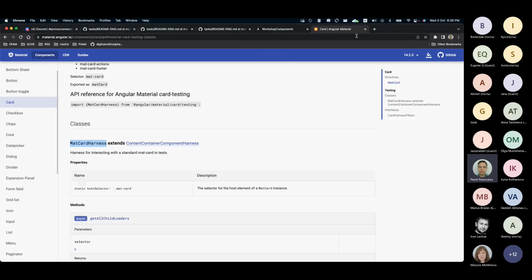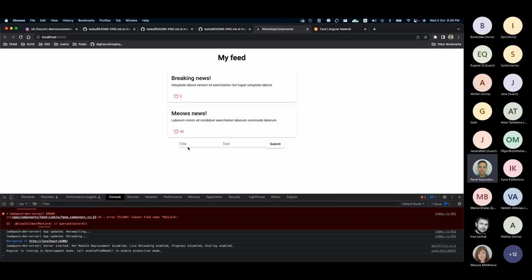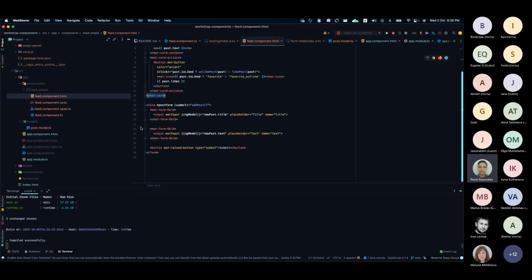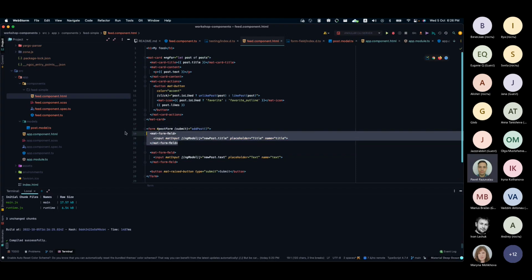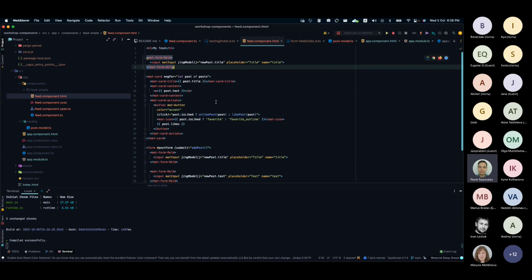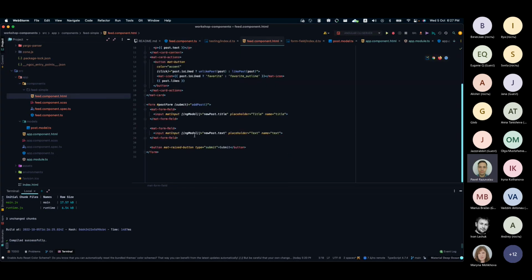Great. So we created the functionality that allows us to add a new post. So what if we want to filter them or apply some sort of search? Okay, that's possible, and most likely you already know how to do so. So we're going to add, in terms of the search field, it will be enough just to add one single form field in case we don't want to have the